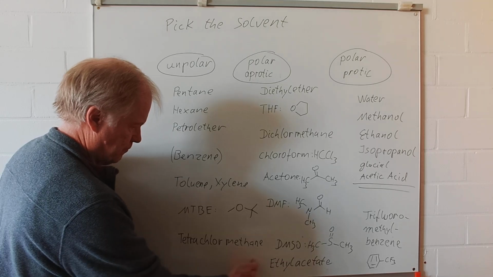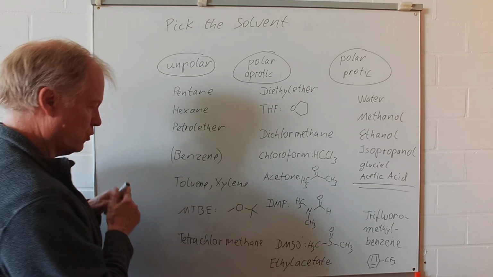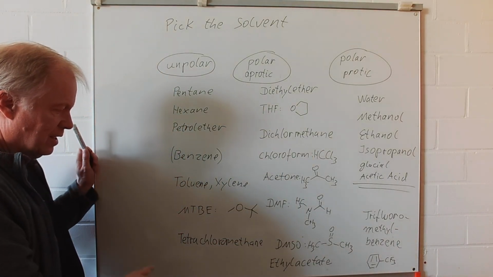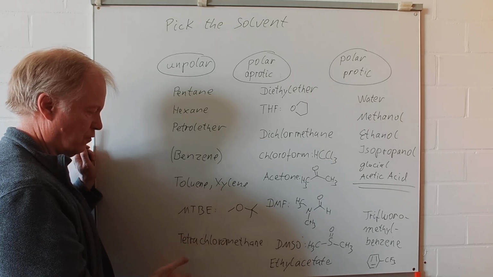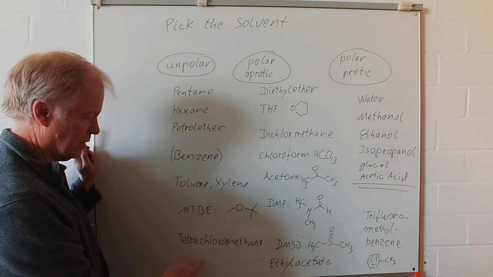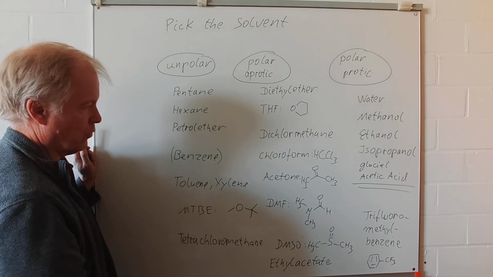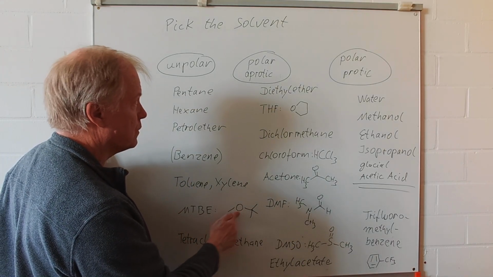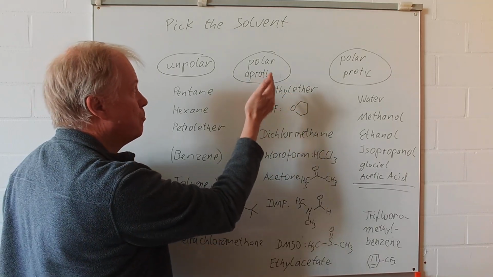Usually the solvent of choice was tetrachloromethane. However, because of protecting the environment, we are trying to avoid chlorides. Well, let us compare this ether to diethyl ether and to THF, more polar